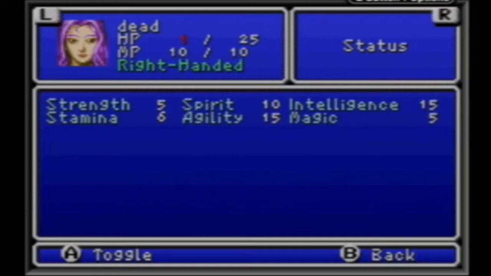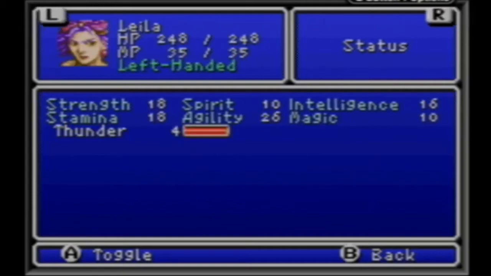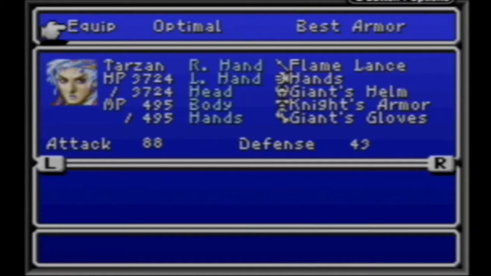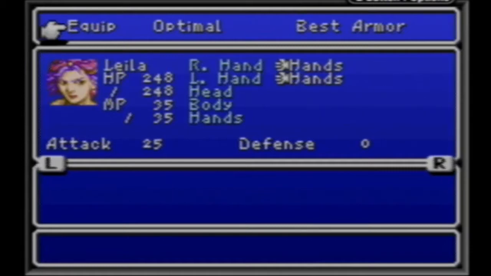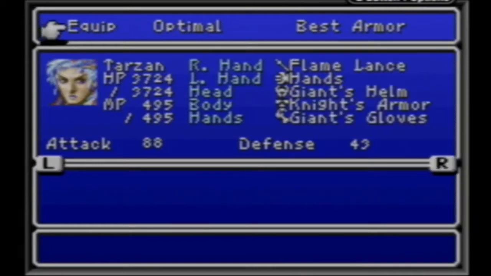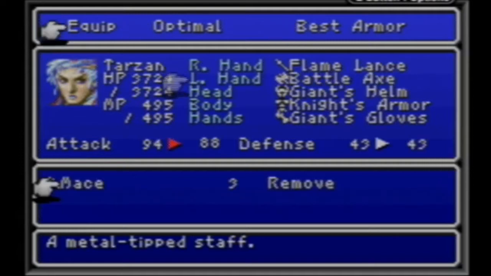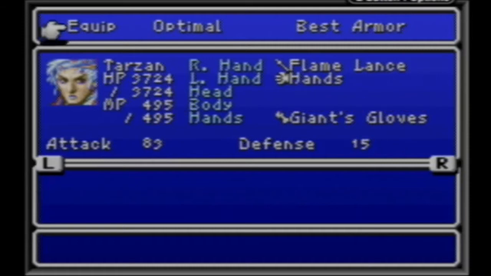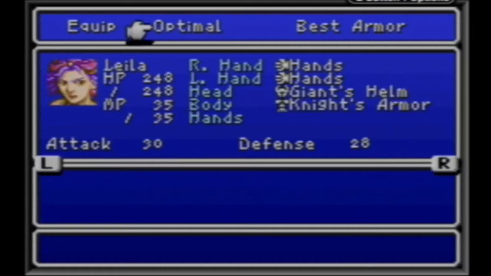And then there is a right-handed and left-handed designation on all the characters, which is not really a big deal. It's just that when you have equipment on, they'll want to equip their stuff in different hands. So if I were to... How do I take things off? Oh. There we go. If I were to put stuff over here...